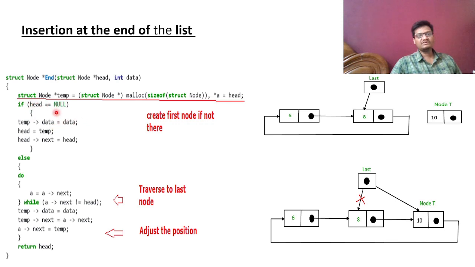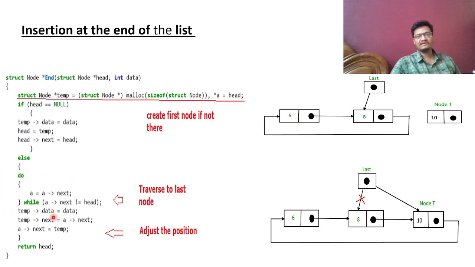If the condition is false, I mean there are certain nodes, then we come to the else part. In the else part, we are traversing the nodes first. Why are we traversing? Because we need to reach the last node before inserting the new node, right? So in this case, we need to traverse up to this point. Once we reach this point, the loop will break, and we will come out of the loop.